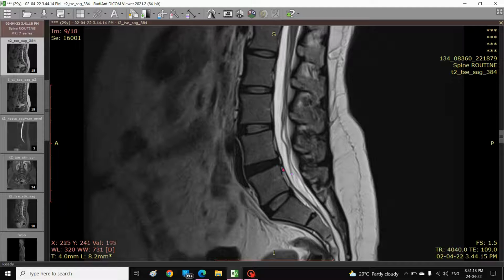So that's one of the reasons for the pain, because PLL is having very good nociceptors, which can be the reason for the pain. So that's all we could see. Otherwise, you are seeing